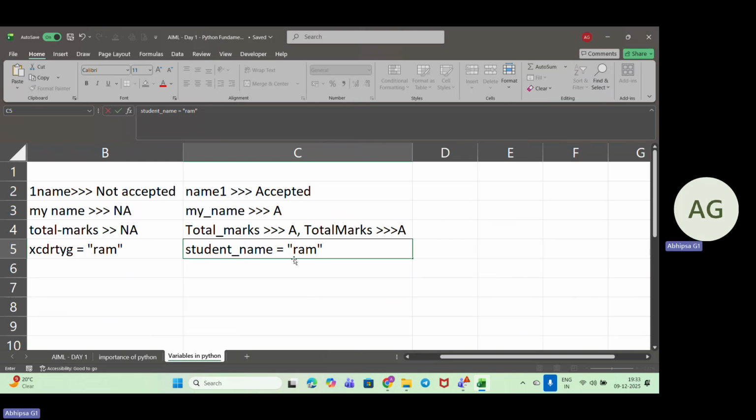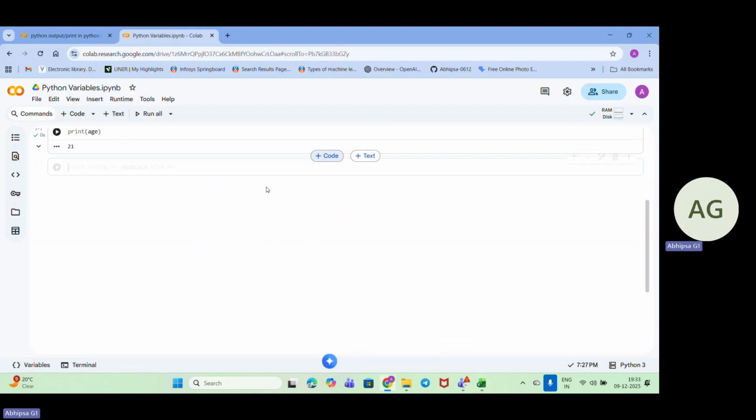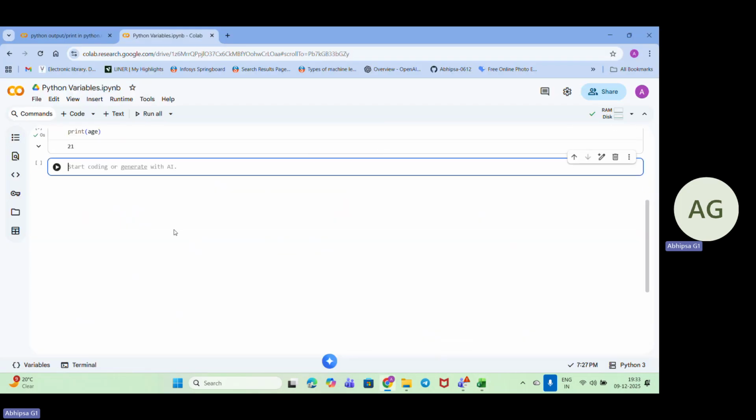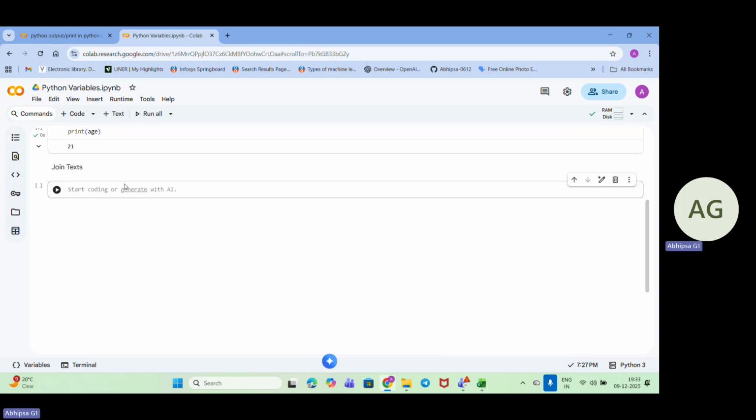Now, like the examples about the variables that we have already discussed. Now, if we need to join any of the text, how will we be doing it? Let's see here that we have discussed updation. Now, if we have to join the text, there are multiple ways that we can do it.